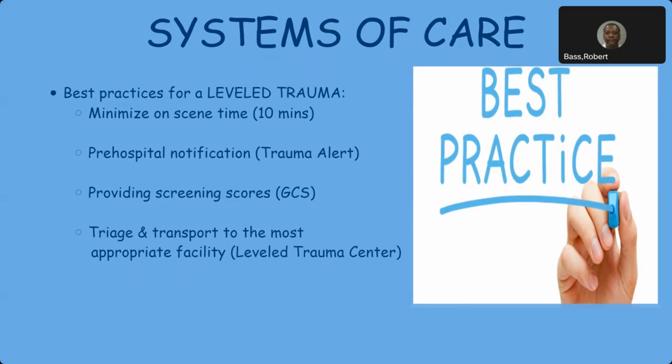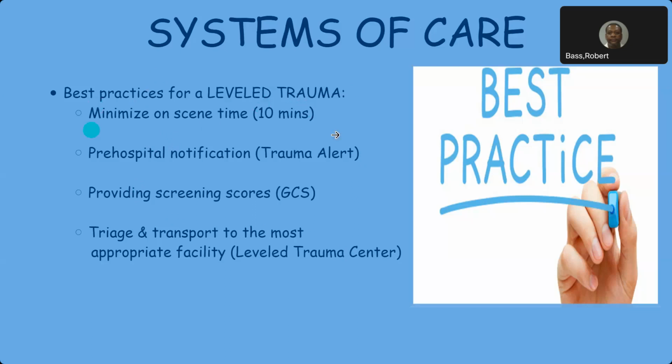And these are things that we have to do or need to think about doing when we're dealing with these level traumas. When it comes down to systems of care, you've got your big four. You've got acute MI, you've got stroke, you've got your level trauma, and recently added were septic patients. We're dealing with trauma this month. So guess what? We're dealing with a level trauma. Some of the things that you have to think about: